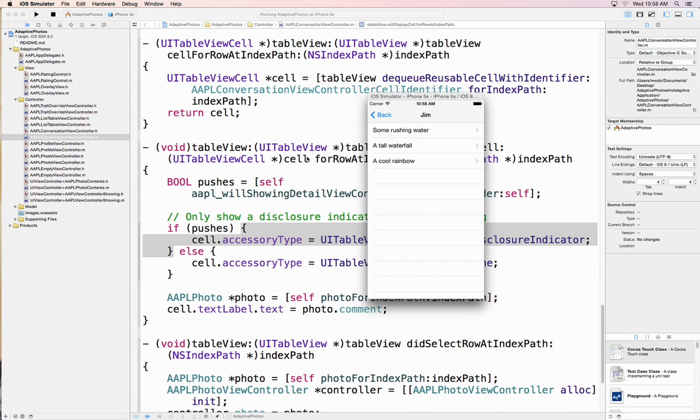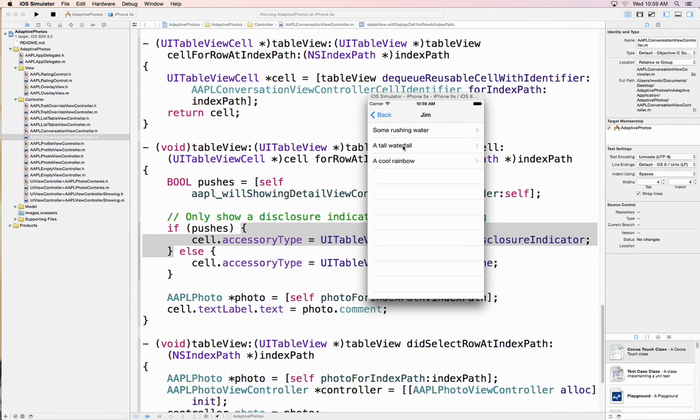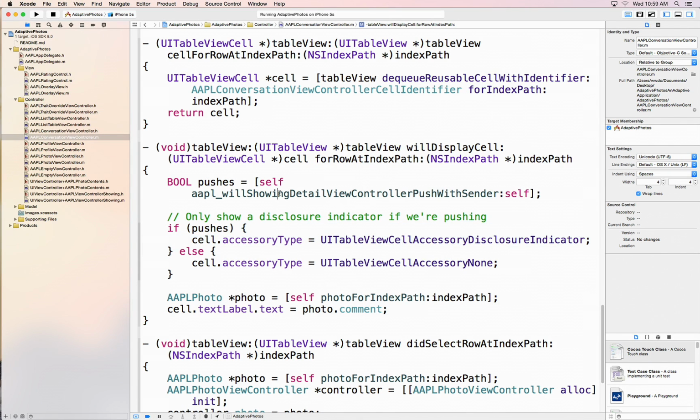Now, we also use these methods to determine whether or not to deselect a row when it gets popped to. And you can take a look at the sample application yourself to see exactly how that works by using these same willShowingViewController and willShowingDetailViewController methods. The last thing I'd like to show you